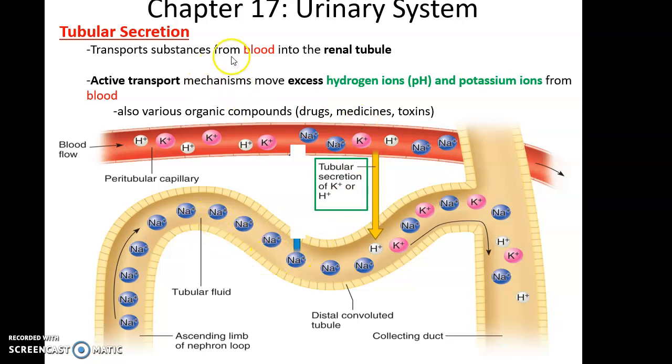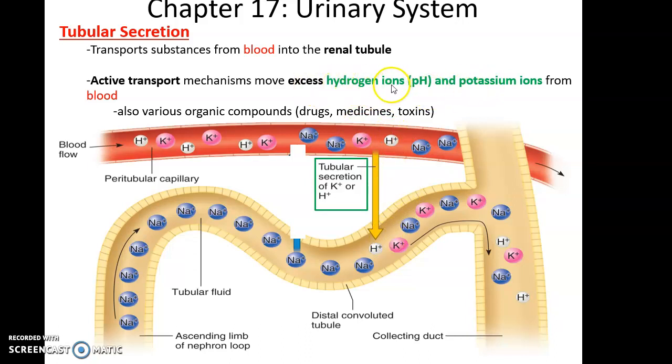Now, we also want to fine-tune the composition of the blood. So there's a process of tubular secretion. This occurs primarily in the distal convoluted tubule, a little bit in the collecting duct, but primarily in the distal convoluted tubule. Now we're moving materials from the blood in the peritubular capillaries back into the filtrate in the distal convoluted tubule. So via active transport using energy, we are moving hydrogen ions back into the filtrate and also potassium